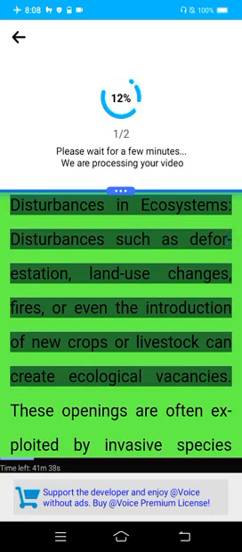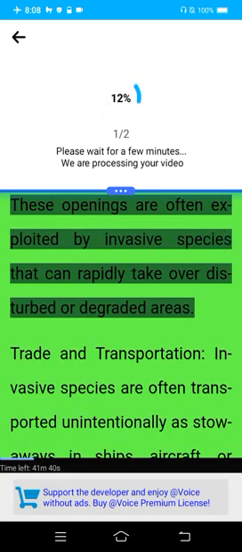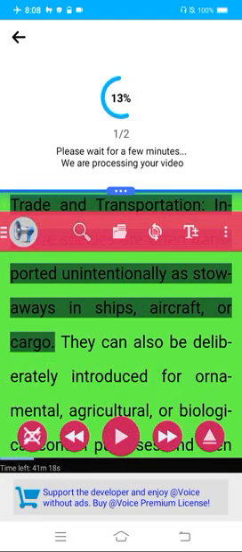Disturbances in ecosystems. Disturbances such as deforestation, land use changes, fires, or even the introduction of new crops or livestock can create ecological vacancies. These openings are often exploited by invasive species that can rapidly take over disturbed or degraded areas. Trade and transportation. Invasive species are